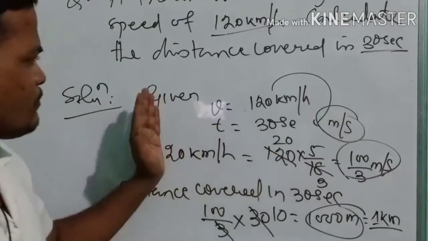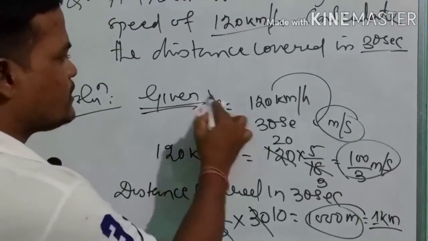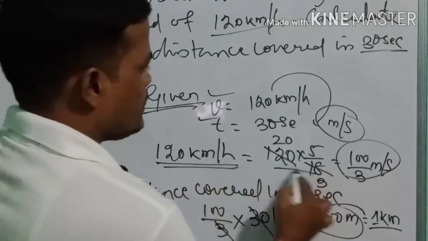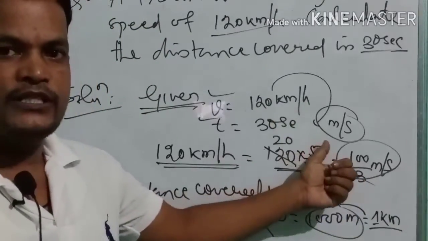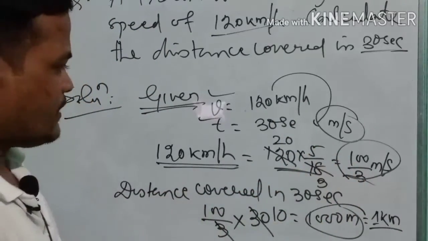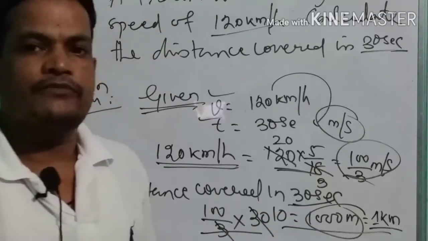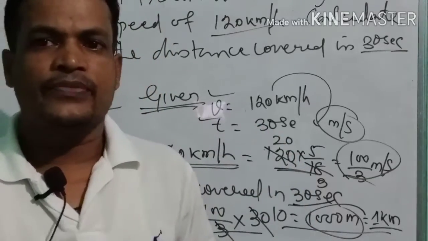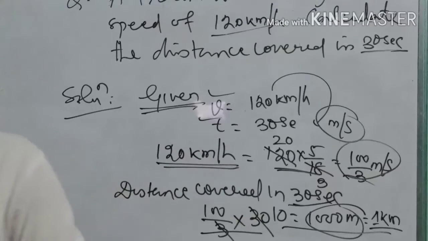So okay friends, first we have to write the data given, what is given. Always write what is given to you, then convert it into whatever is asked, into the smaller unit. Always try to convert it into the smaller units. Next, whatever is given, just calculate it. After converting, just multiply or divide. This is the trick for questions, how to calculate these numericals. Let us do some more questions.